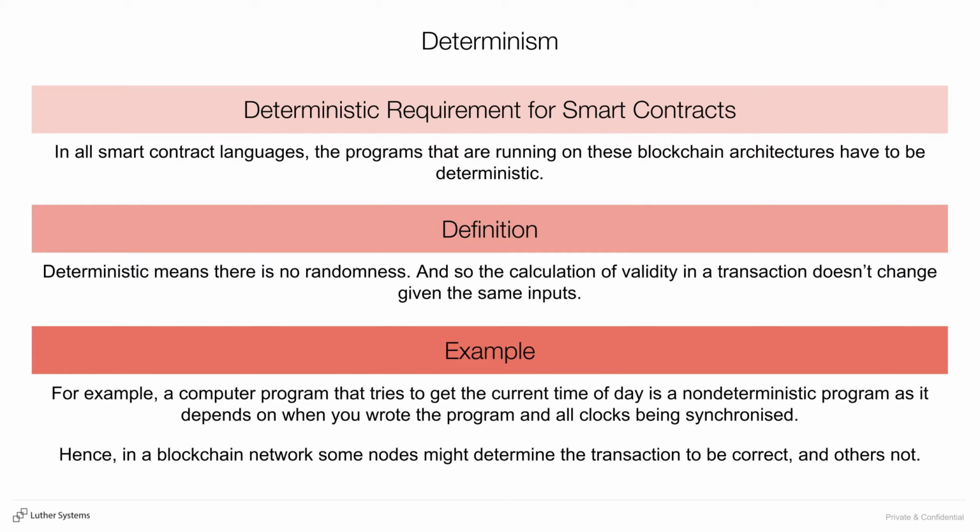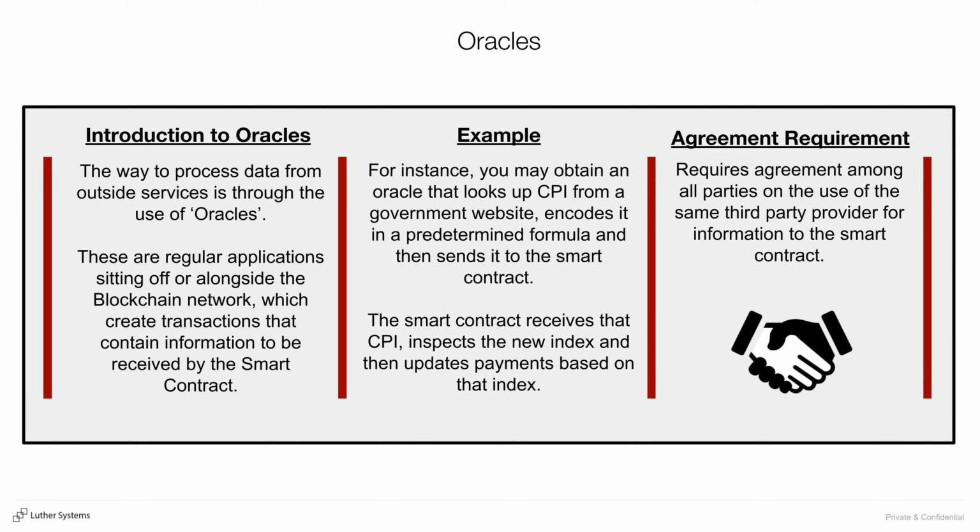So in your smart contract programming language, you can't have non-determinism. So there's a bunch of constraints on how you write and what you can write in your program. But the biggest one is that it can't directly call out to some other service to get information. But we are creating applications that are processing data from other outside services, and the way we do that is through